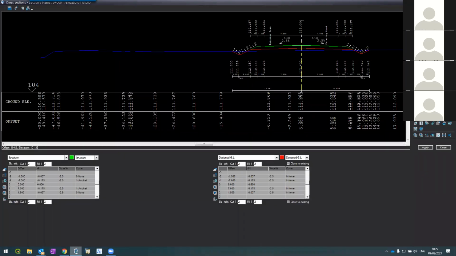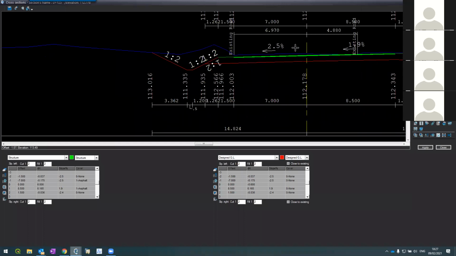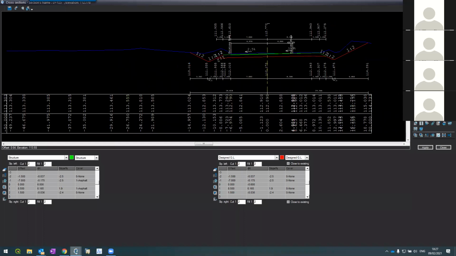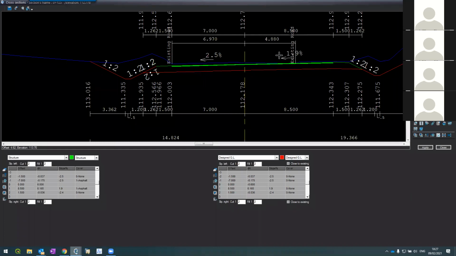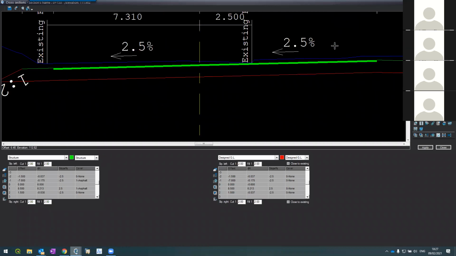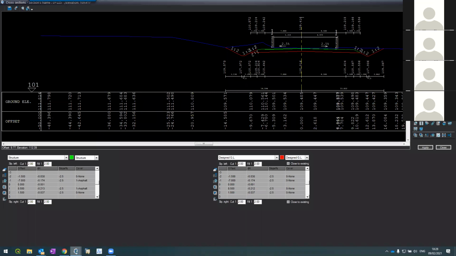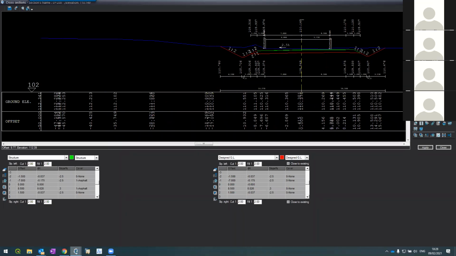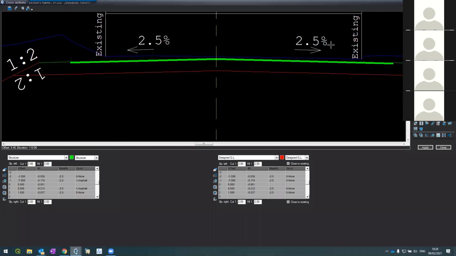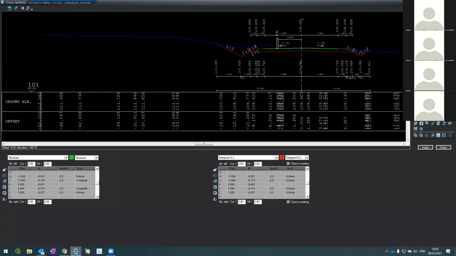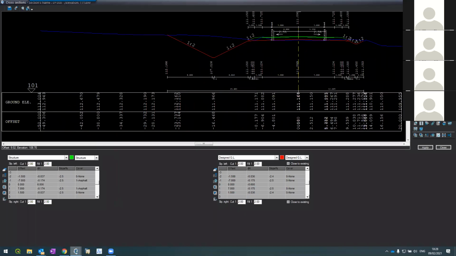So actually, if I go to see, for example, this section, 1 to 5, here it is, you see? This is in the middle of the super elevation. This segment is super elevating, this is not changing. Again here, 2.5, 2.5, 2.5, here it's coming back to the other side. And continue. I hope you got it,